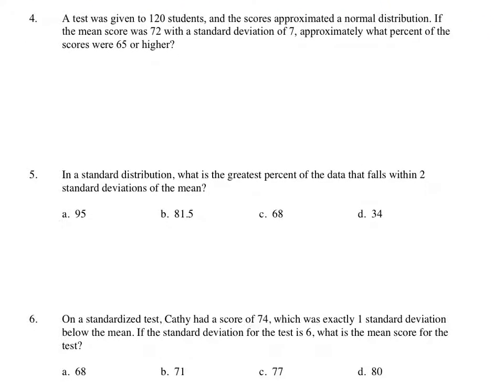Number 4, a test was given to 120 students, and the scores approximated a normal distribution. All right, I'm just going to drop what I'm doing, draw that bell curve because I know it's probably going to come into play. I saw that word normal distribution. If the mean score was 72 with a standard deviation of 7, okay, so we can fill in some of this stuff here. We may have to go further, who knows. What percent of the scores were 65 or higher? So I want from 65